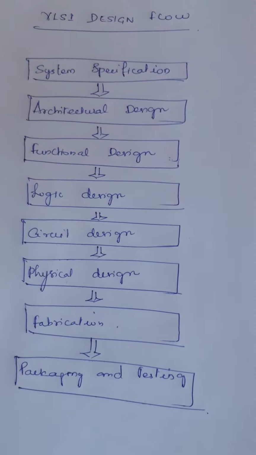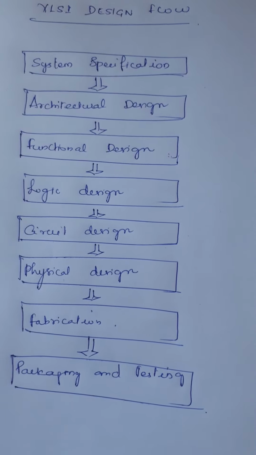Then we move on to fabrication. This is the final step of the VLSI design flow. Before packaging, we have to fabricate everything. After layout and verification, the design is ready for fabrication, since layout data is typically sent to a fabrication facility on a tape. The event of release of data is called tape out.